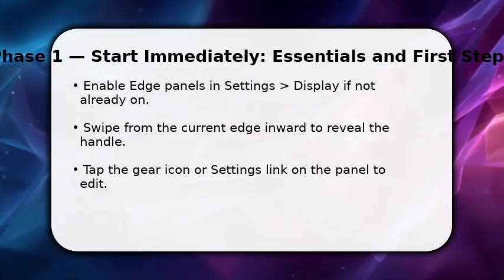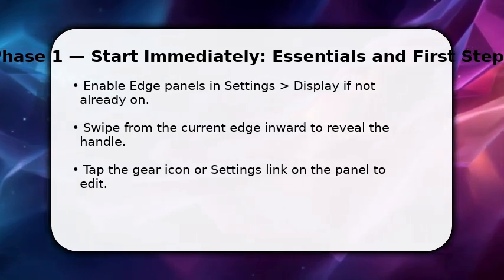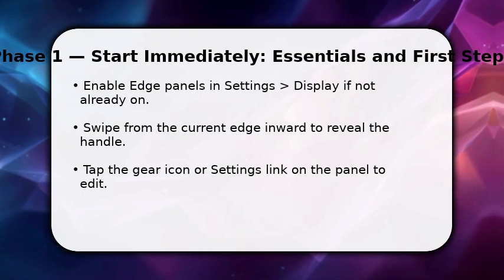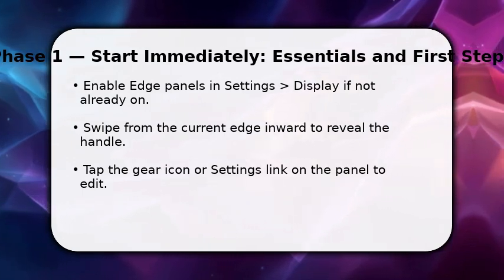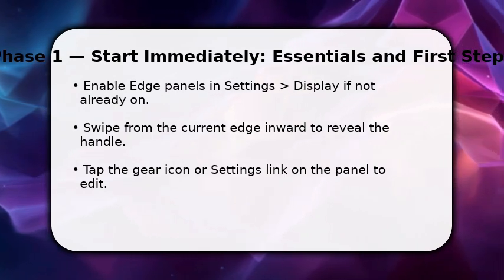You start by opening Edge panel settings so you can relocate the handle. This is the how, and the why is control. Position affects reachability. Once done, make sure Edge panels are enabled in display, then swipe the existing handle to open